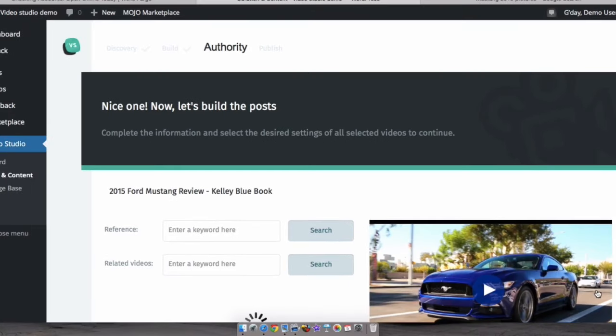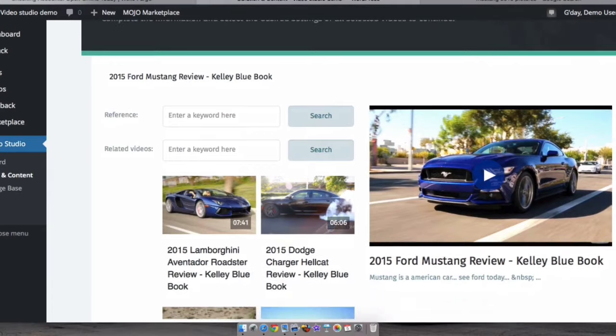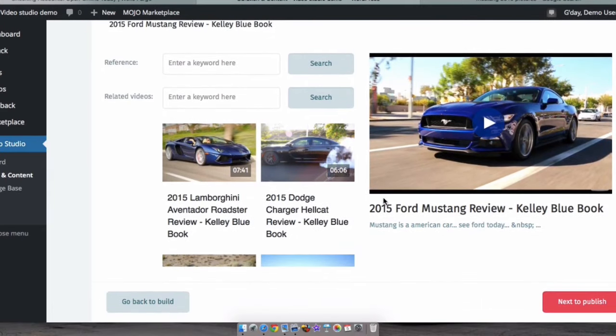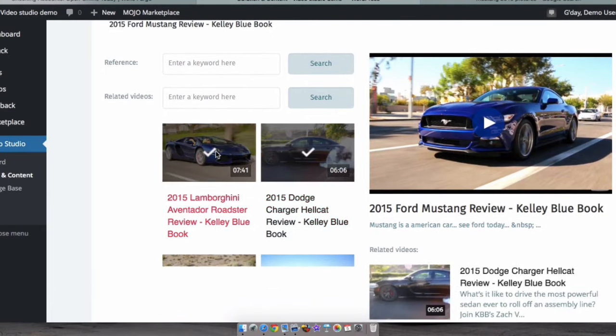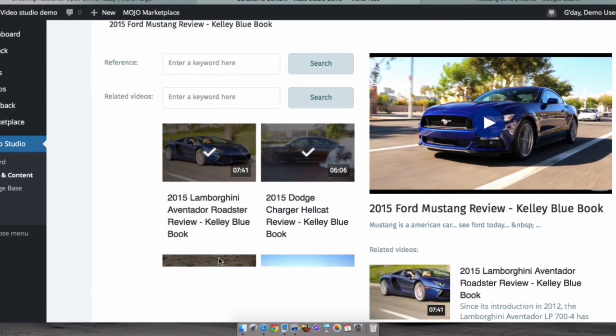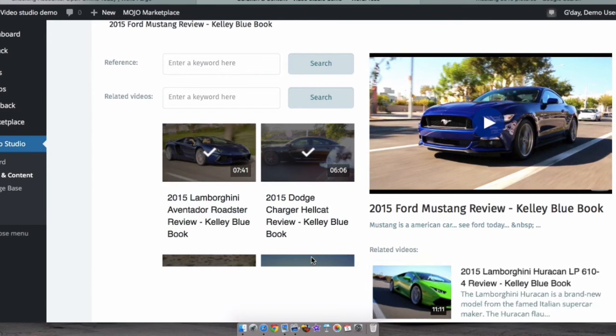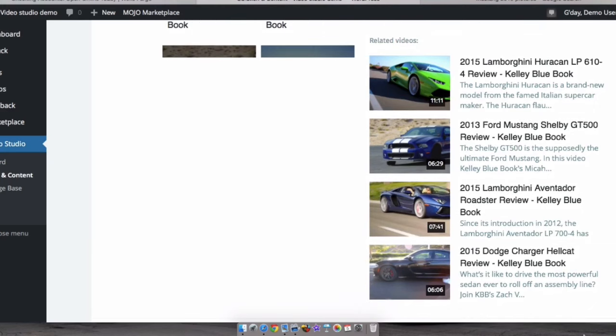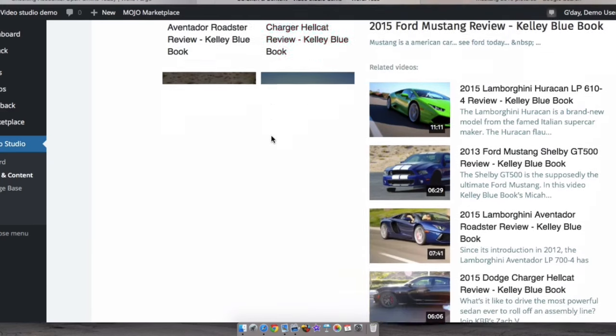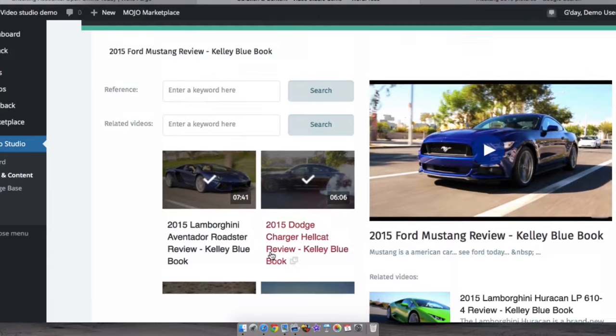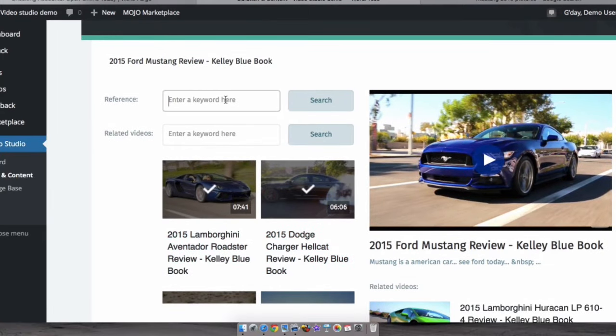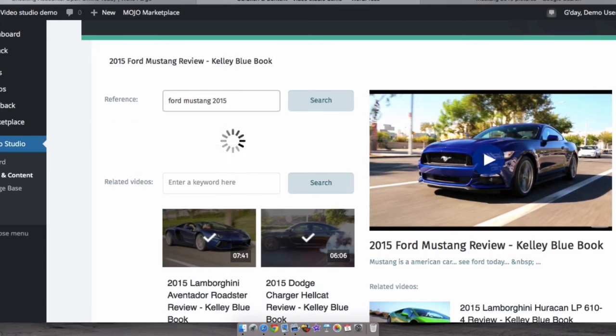Okay, so the authority section just allows you to add more keywords as well. You can also add other videos to go under what you currently have available, and adding other videos under what you currently have available will just give you more authority based on your topic or whatever keyword search. So we'll just say Ford Mustang 2015,